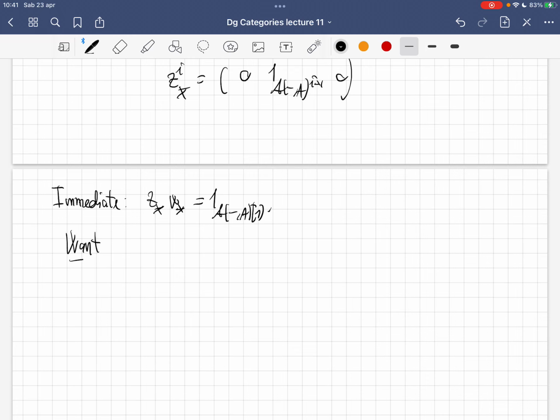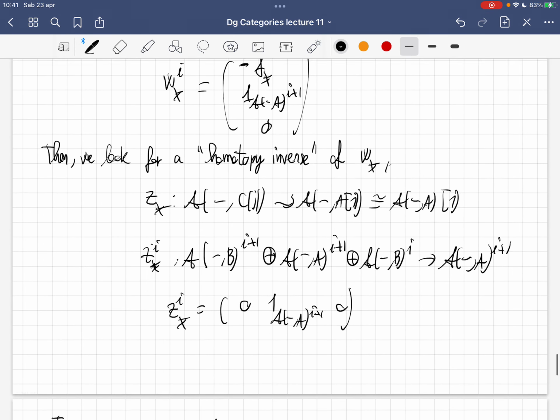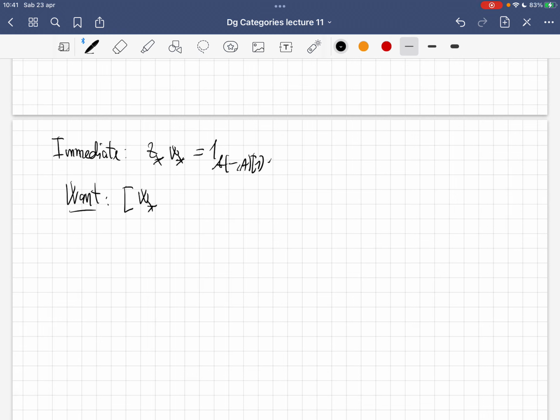And then we want that when you take, now I'm writing the cohomology classes, these are defined as actual morphisms in the G modules. Now we're working with cohomology classes, and there you want this to be some identity on this cone. And again, explicitly